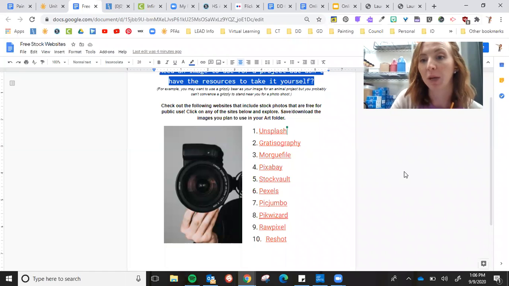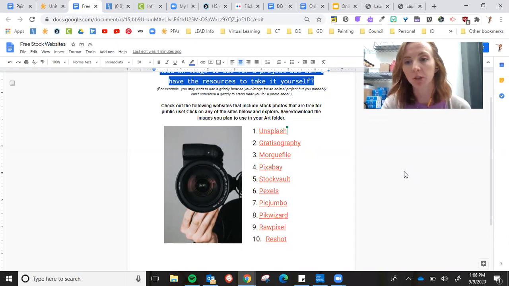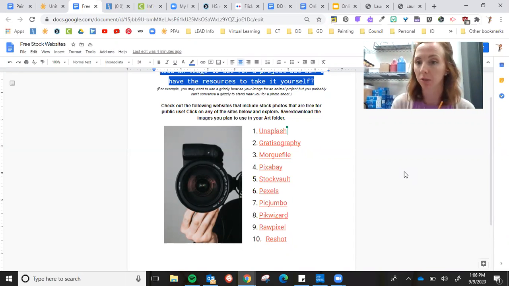Hi. Okay, so if you're at home and you're trying to find some images that you can use or take to help boost your photo library, images that aren't subject to copyright, such as most of the images you'll find on Google,